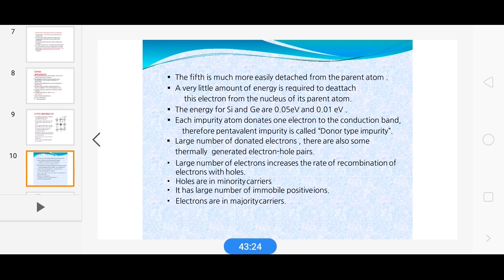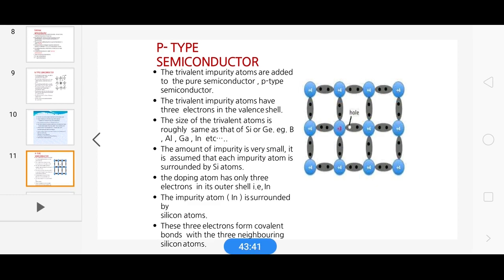A large number of donor atoms are added, so a large number of electrons are generated. Holes are minority and electrons are majority charge carriers, and there are immobile positive ions in the n-type semiconductor. Whereas in the p-type semiconductor, trivalent impurities are added to the pure form, generally aluminum, boron